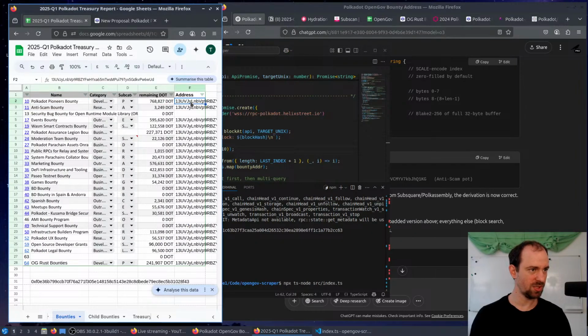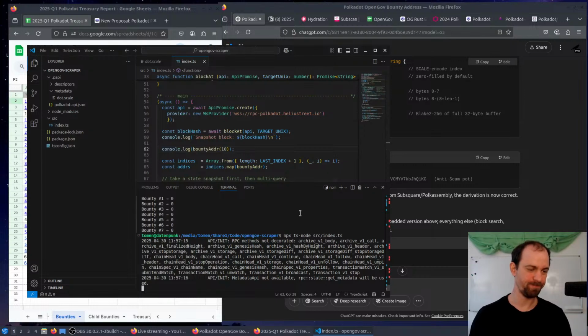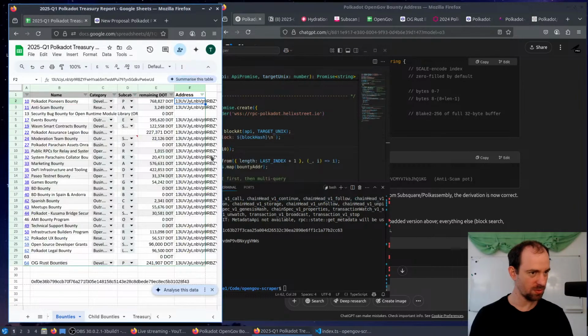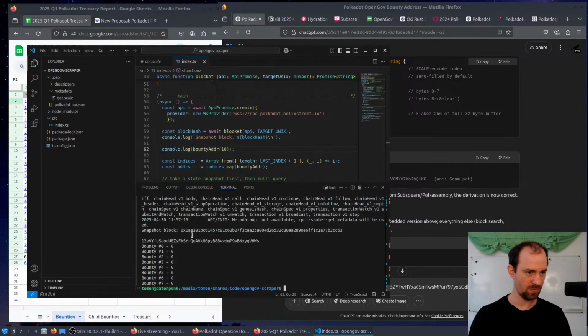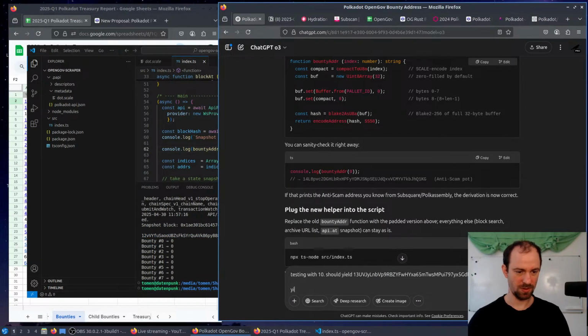So 10 should yield wood. Wood, and this is 1, 2, and it's not wood. Testing with 10 should yield wood. Yields, but